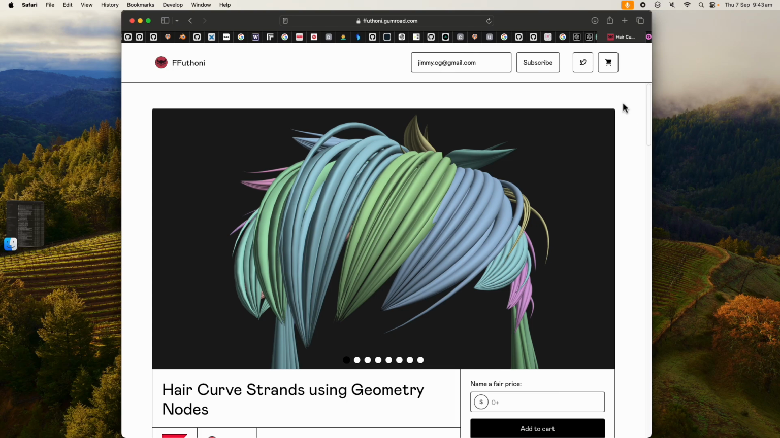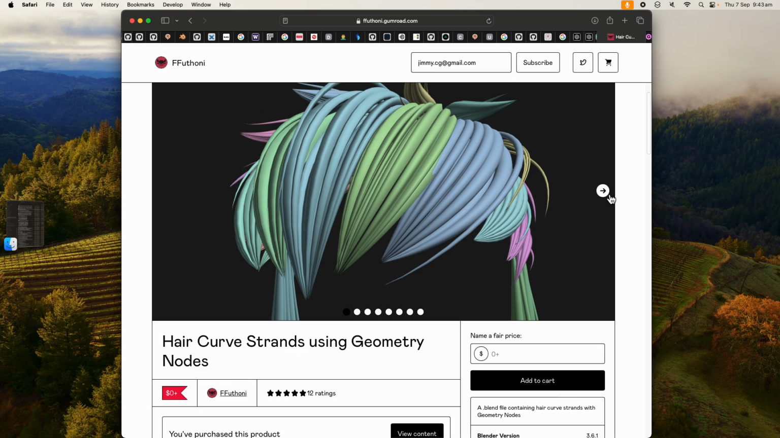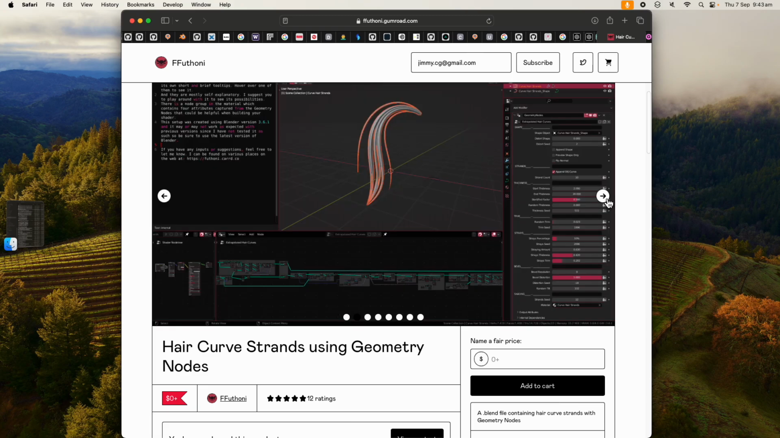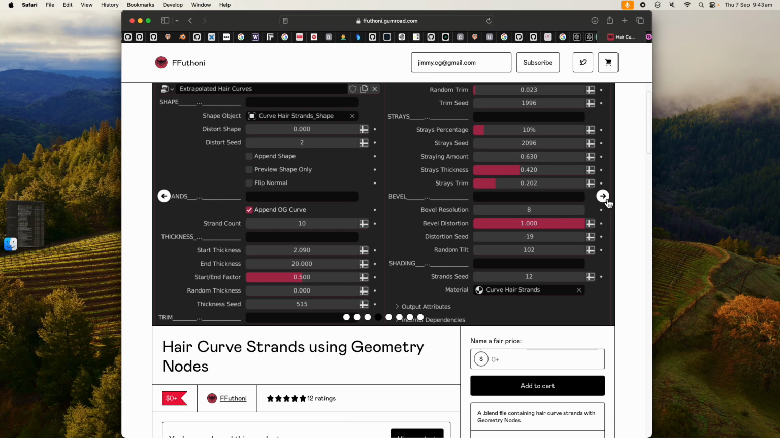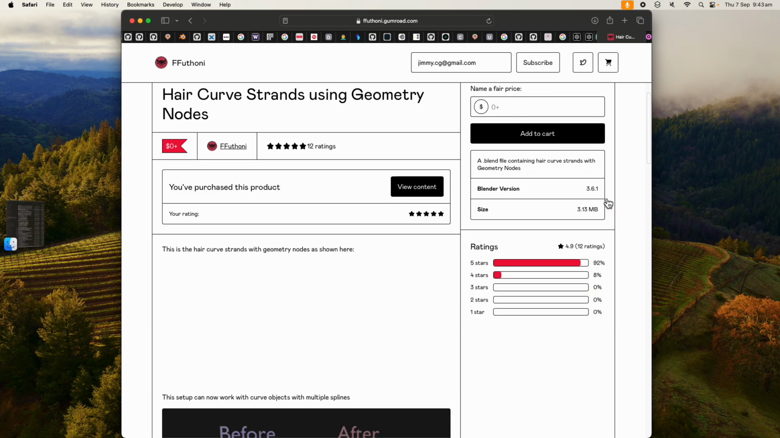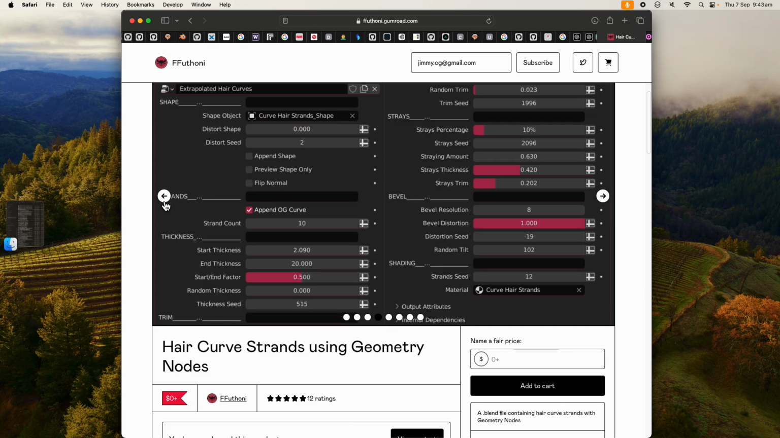In this episode, I will be exploring this cool blend setup for geometry nodes in Blender by ffuthoni. So, hair curve strands using geometry nodes. You might have seen similar setups, but this one is much simpler and it's really easy to use. Basically, you can turn a single spline into multiple strands of hair, just like